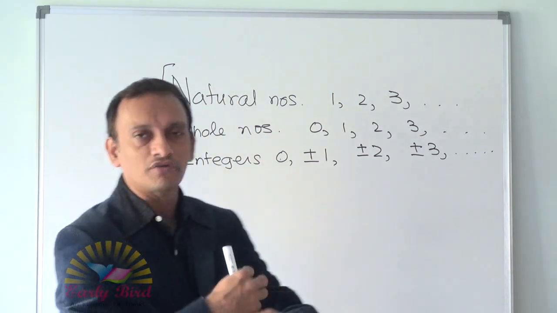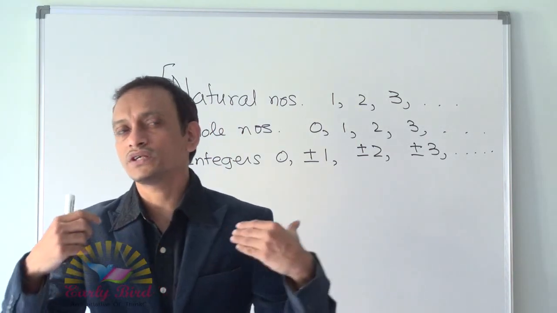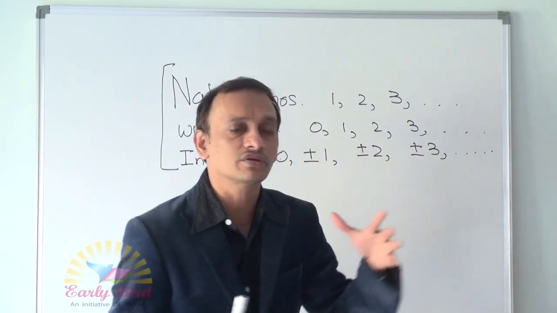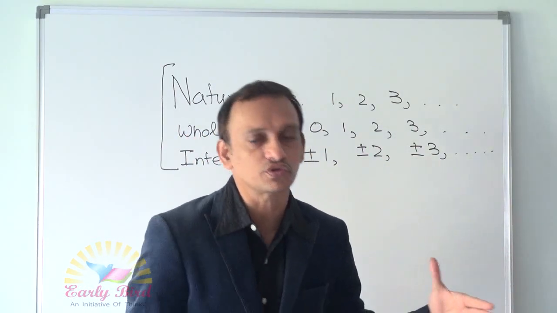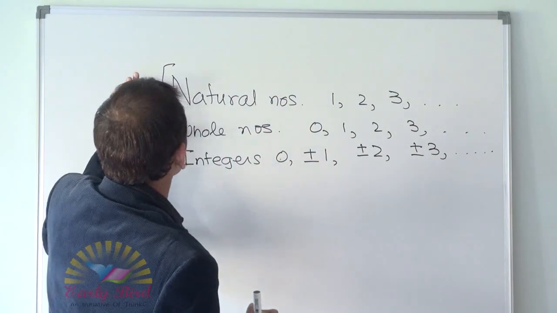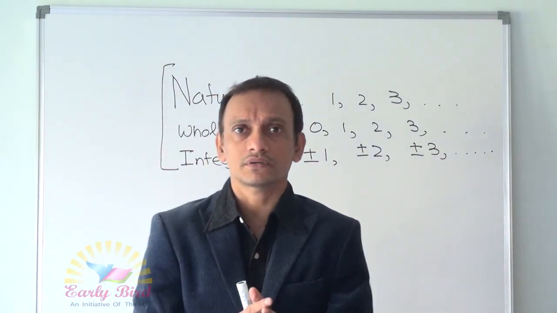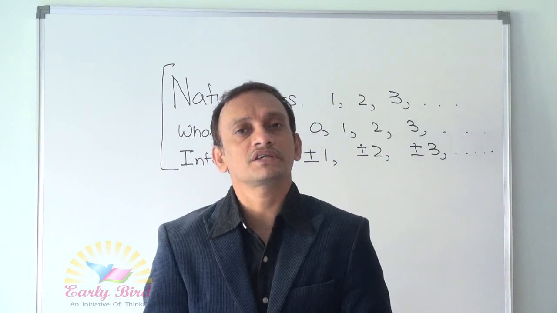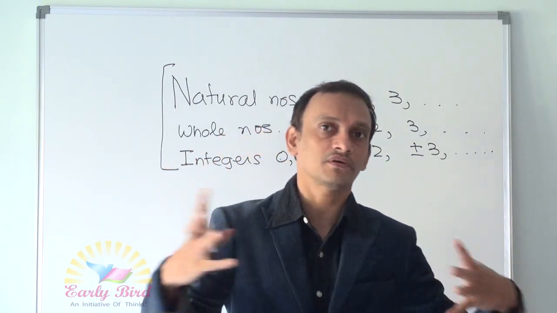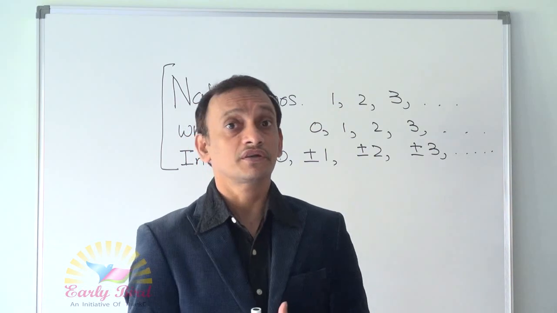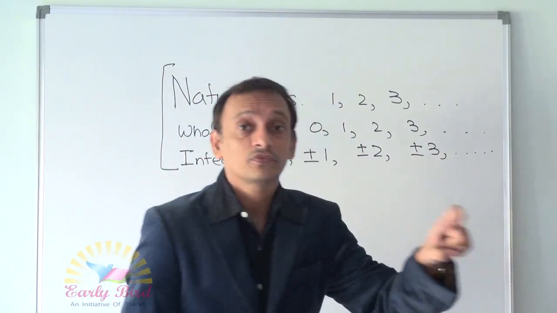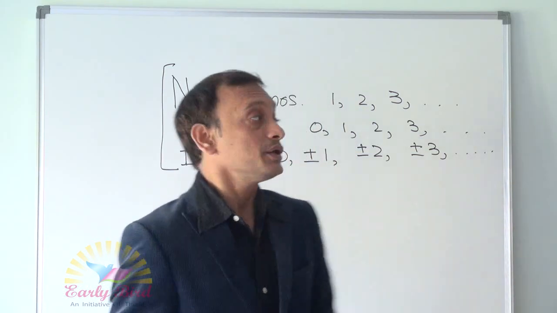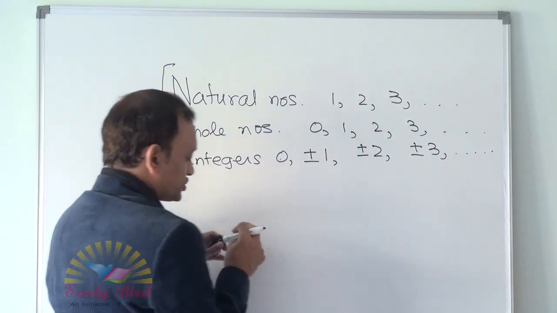And then, of course, it got further refined, further classified. We started conceiving of negative numbers like minus 1, minus 2, minus 3, and we began to assign meaning to those numbers. Now, this was the most basic classification of numbers. And then, as the society evolved, there were complexities, and they figured out that we just don't need integers alone. We also need numbers that are combinations of integers. Now, combination of integers as in